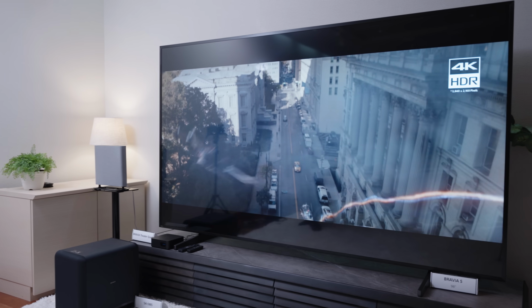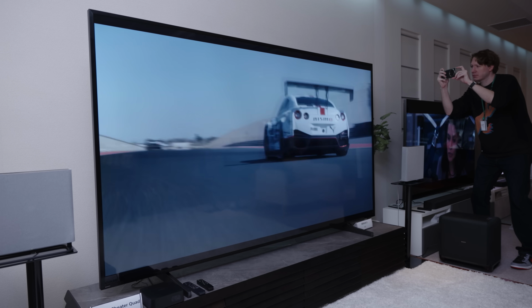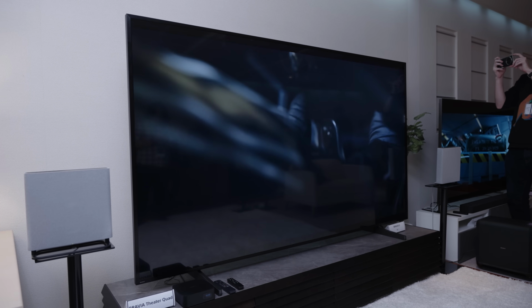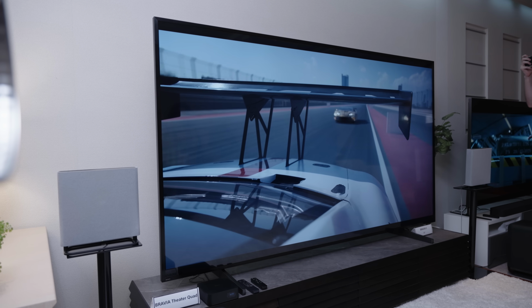Obviously, I also haven't been able to measure it, but I'm gonna wager a guess that it's gonna do somewhere in the, I don't know, maybe 1300 to 1500 at best, peak brightness in nits. I do remember thinking it was brighter than I expected for its tier. I think what's important though is that it will make a lot of folks happy with the brightness for the